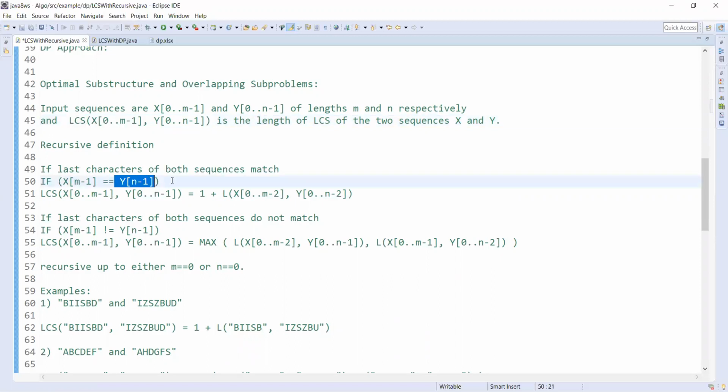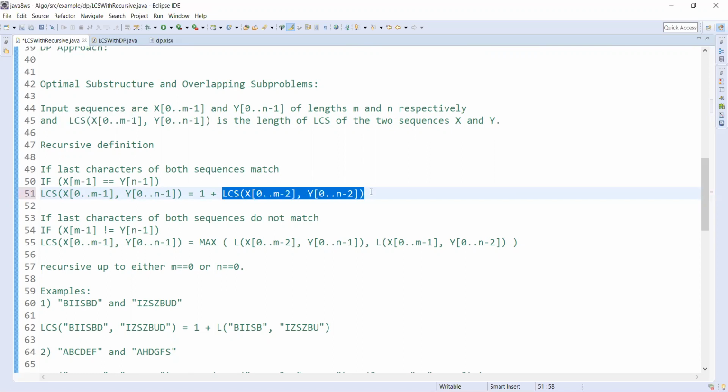If that matches, then we add 1 plus the LCS of the sequences before one character, so m minus 2 and n minus 2.